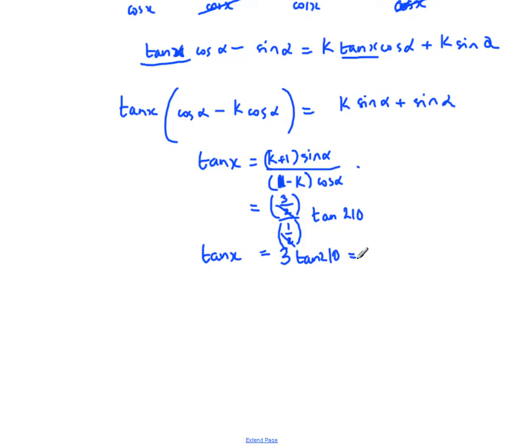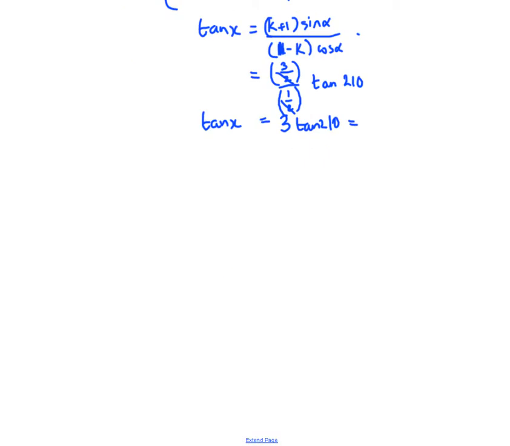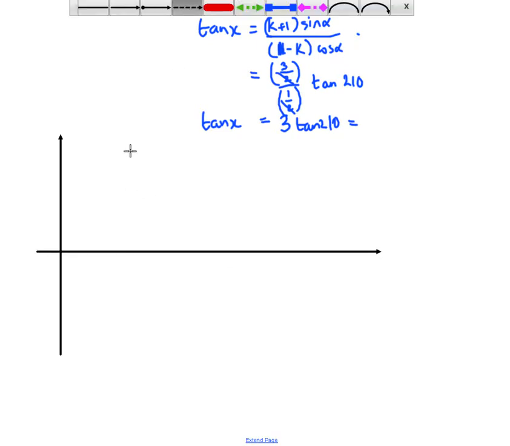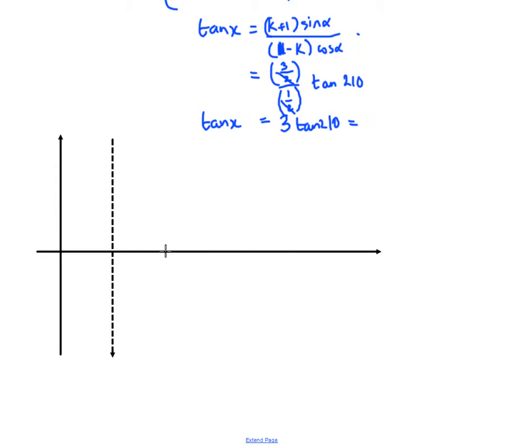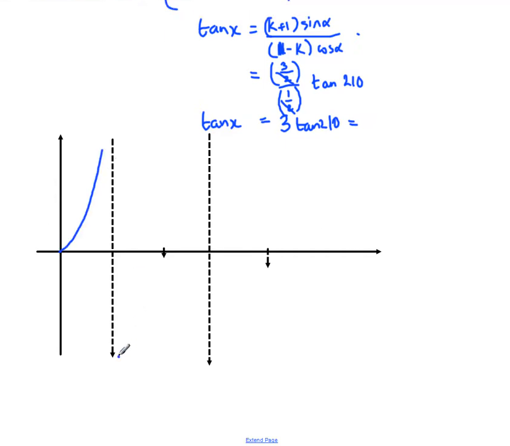So first of all, we can work out what tan 210 is, and this requires some knowledge of the tan graph. Now x is between 0 and 360, and so I think it makes sense to sketch out what tan looks like in those places. We've got some asymptotes for tan, which occur here, and then there's another asymptote there, and then it's going to cross here. And tan then looks like this. Remember, it's got a gradient of 1 at the origin,